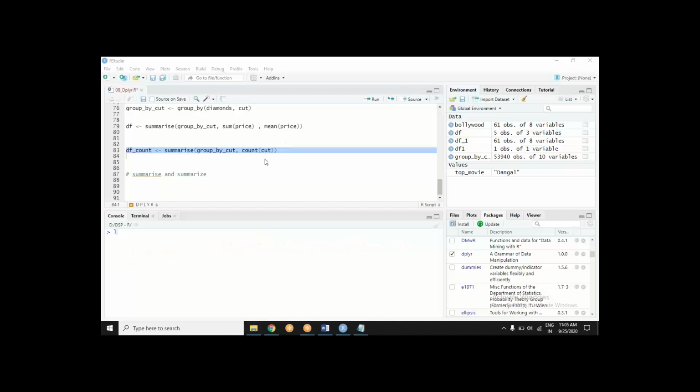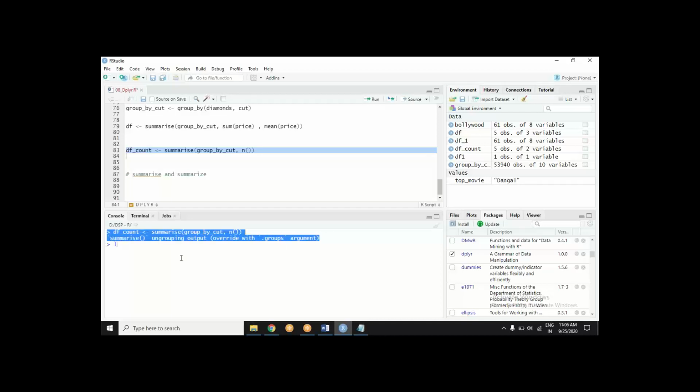Yes, it is because the keyword is different. Count is not done by the count function. There is especially a function n for summarize, which gives the summary of count. Now if I count df count, okay, very fine. Muzammil, somehow you have transferred this command to my screen. Wow, this is telepathy going on. Now I am also facing the same error.